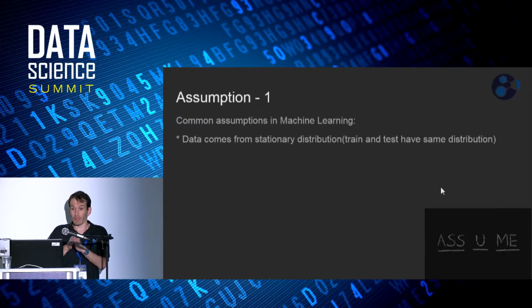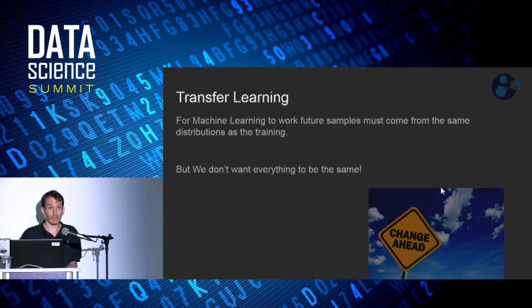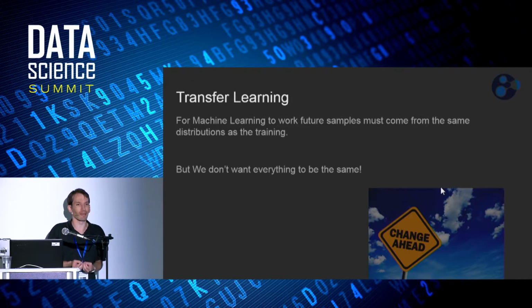And we need to remember the basic assumption of machine learning, one of them, is that we have a stationary distribution, so the past distribution and what we're going to test on come from the same data. And this is a lovely assumption if you're in academia. The problem is it doesn't actually hold. In particular, by definition it doesn't hold when we want to affect it. I do not want to take actions in the same way as we did in the past. So by definition, by changing the way we're acting, we are changing the sample distribution.